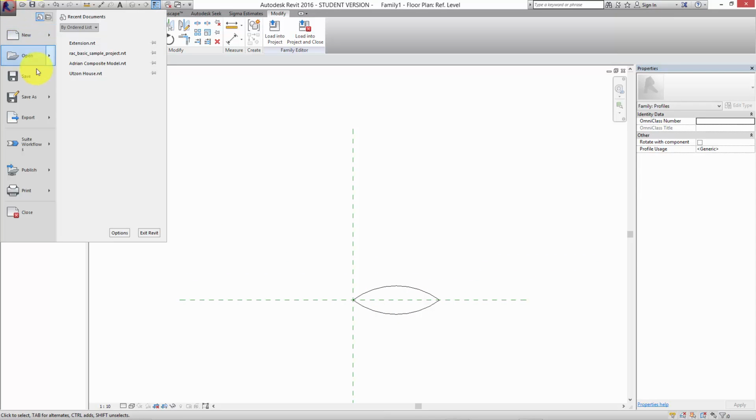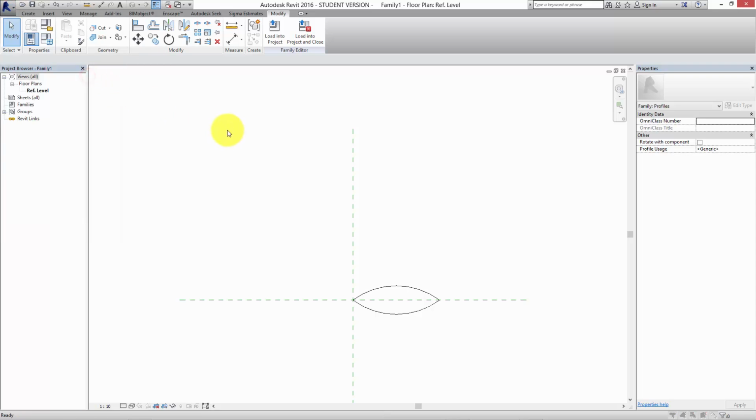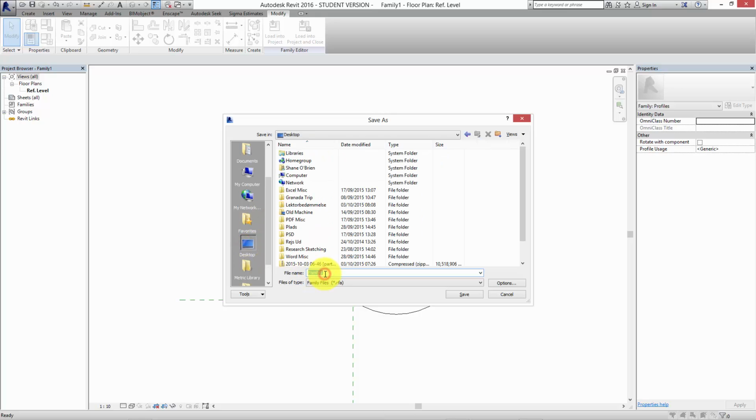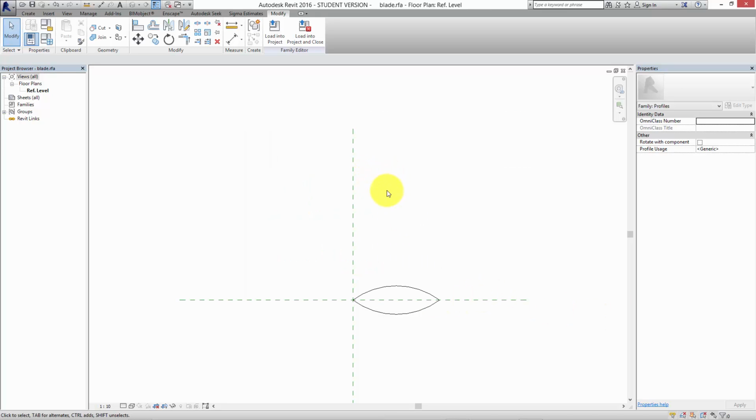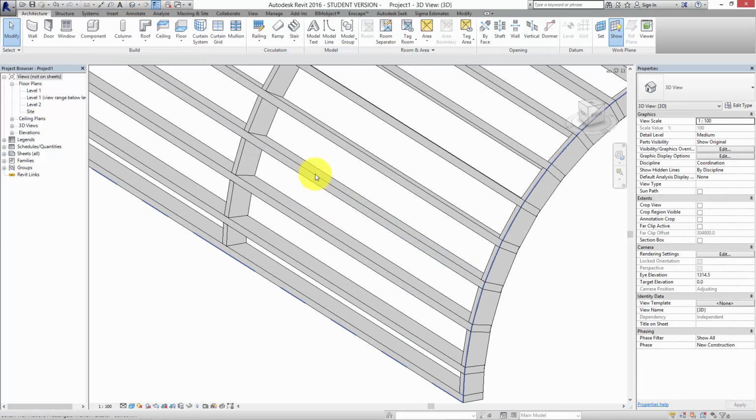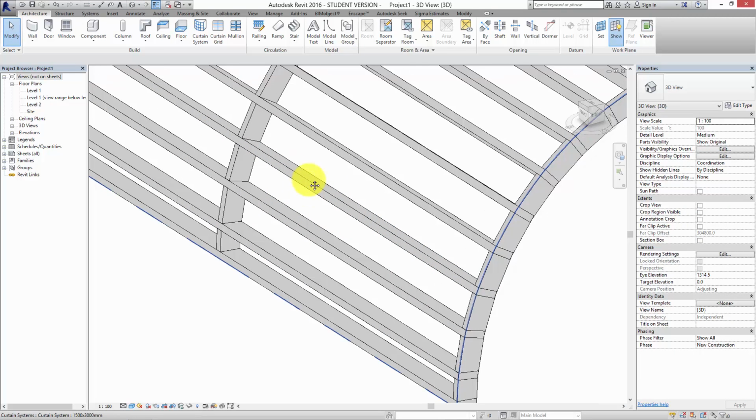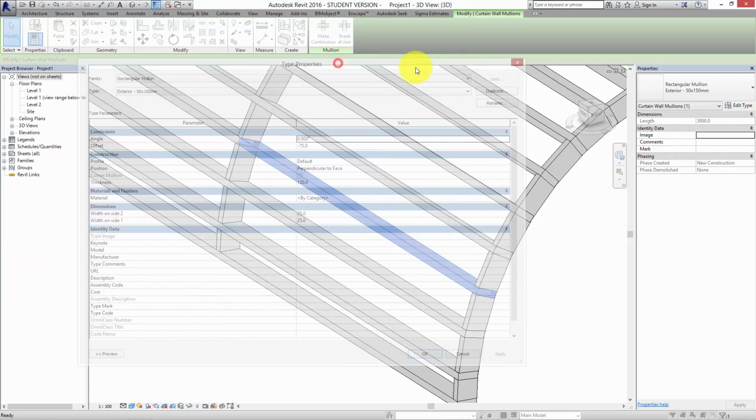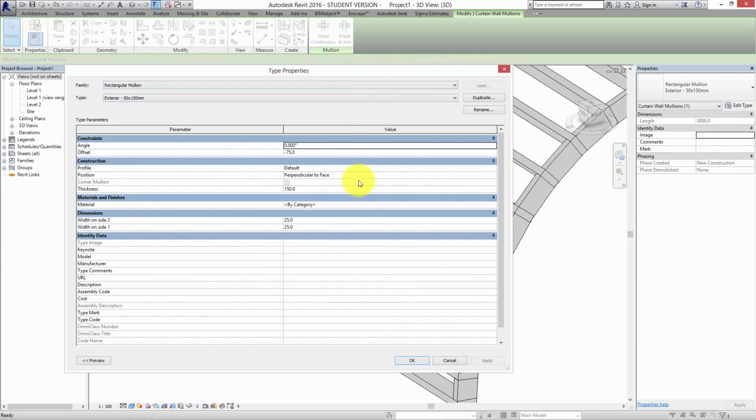So I'm just going to give it a name, save as family, and put it on the desktop, call it blade, save, load it into the project. So now we just need to modify the correct mullions so they have that profile to it. So I'm going to select this mullion here by using tab. I'm going to edit the type,